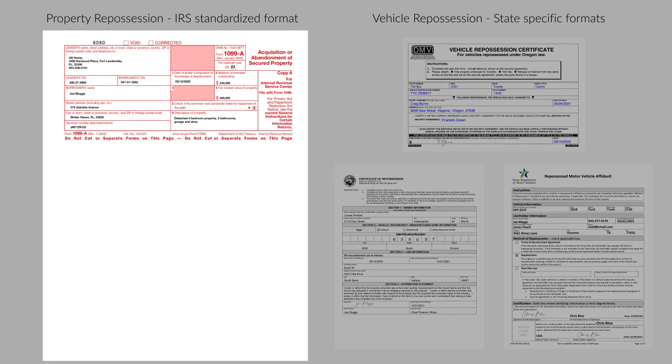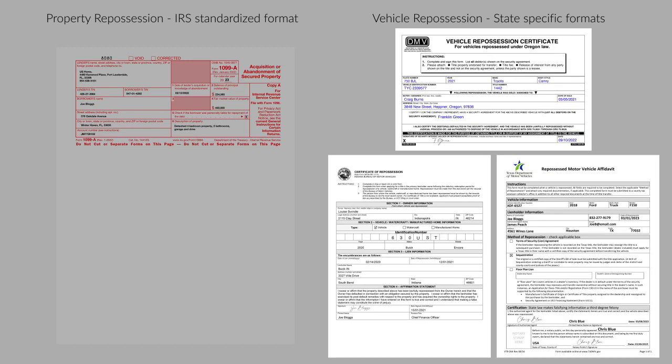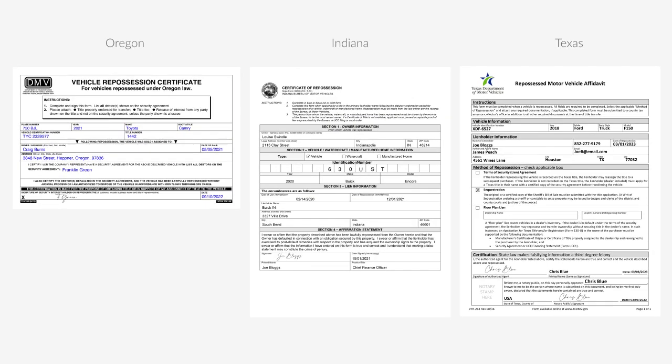On the left, we have a property repossession document, which follows a standardized format set by the IRS, also called Form 1099. On the right are vehicle repossession documents, which come in various formats, depending on state requirements. Here's a quick view of some examples from the state of Oregon, Indiana, and Texas that we'll be using for